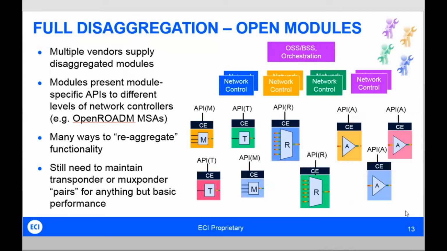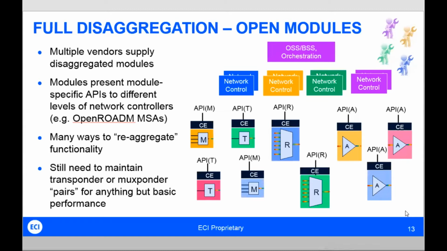Now let's go to the final, what I would call highest level of disaggregation. And this is what I call open modules. So we had identified previously the fact that there's really three main types of modules within an optical network. You have your transponders and muxponders, you have your ROADMs, and you have your amplifiers. So in this particular case, what you have is an ability to provide different modules from different suppliers. Maybe this is showing an extreme case with all the different colors, but we'll come down in the example to something which is a bit more concrete. But theoretically, this is what you can do.